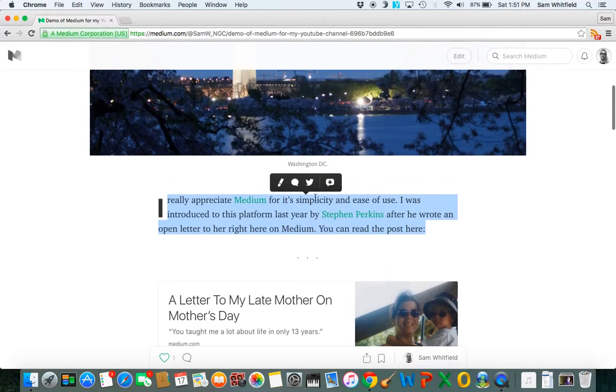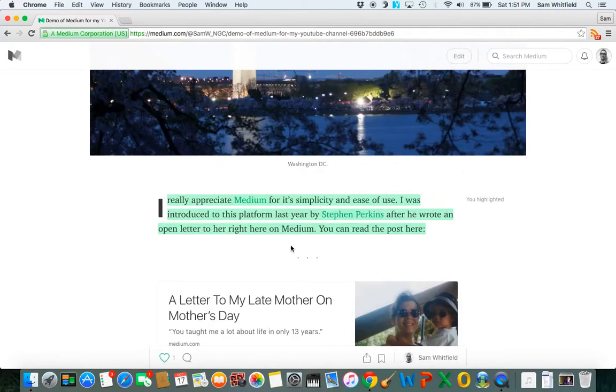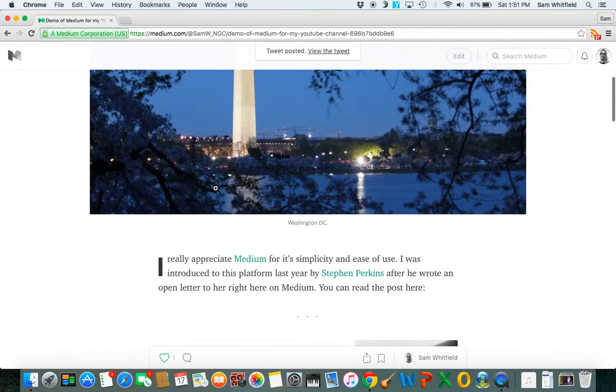So let me go ahead and tweet this. It's going to give an excerpt and it's going to highlight it. So as you can see, I just highlighted that. Let's say I want to unhighlight it though, for whatever reason.